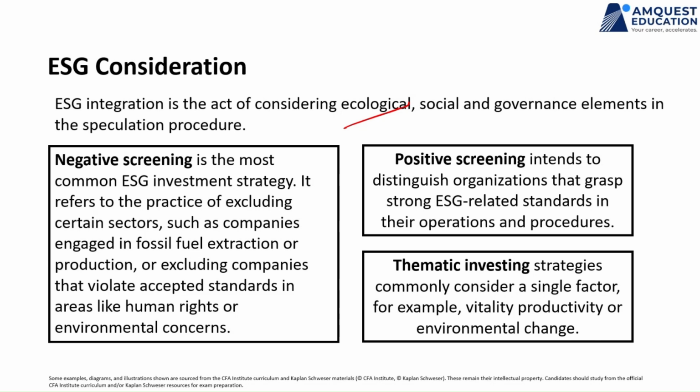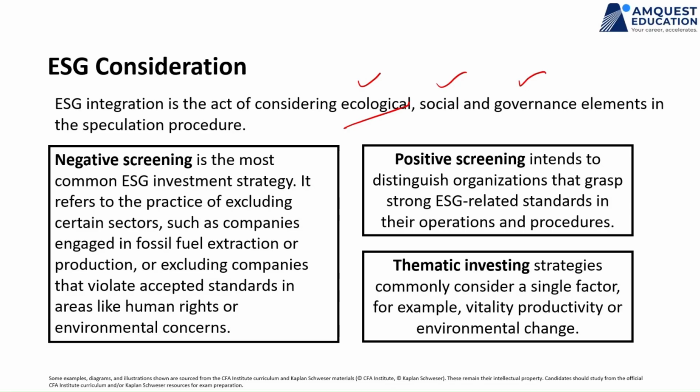Positive screening means those sectors, those organizations, those companies which are aligning themselves with ESG related standards, operations, and procedures, right? So all the companies which are positive for environment, society, and governance are your ESG compliant companies. You can call IT companies as ESG compliant, right? And you can say, okay, environmentally, the traditional software business does not impact the business or environment a lot. Obviously, yes, the artificial intelligence may have a lot of data centers, and you could have carbon credits and all of those things can come into picture, carbon emissions, etc.